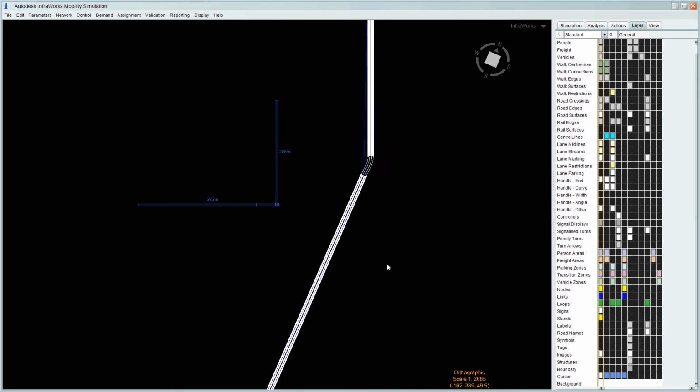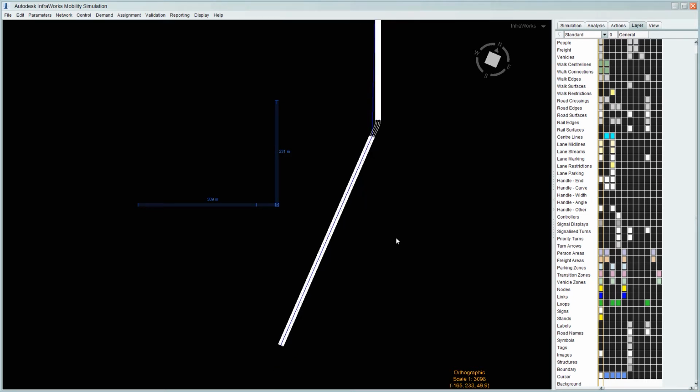Now the next thing we need to do is to add the points at which the service is going to stop. Okay, so these are the platforms essentially. And we'll need 4 of those because we want it to start at the end and finish at the other end, but then we'll want the passengers to be picked up at some intermediate points.